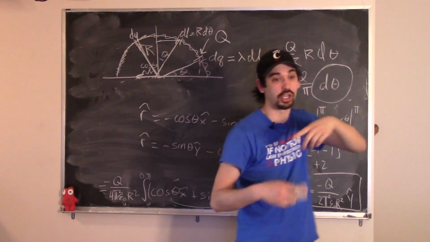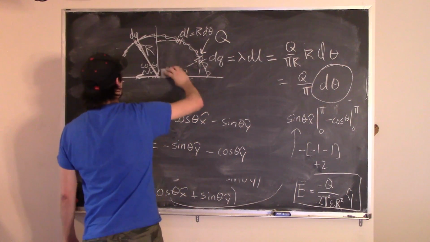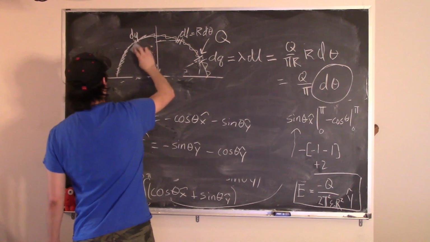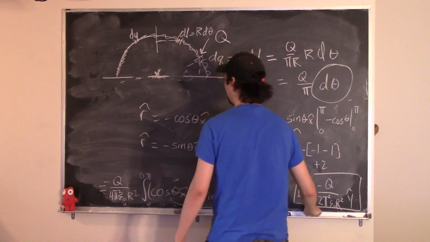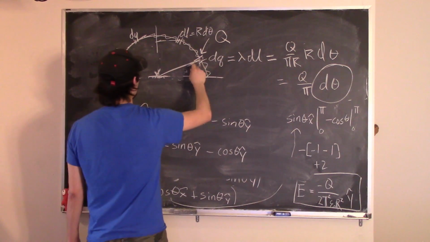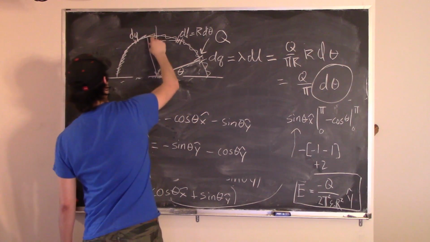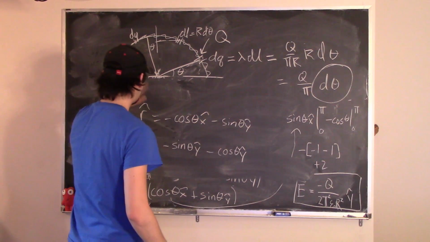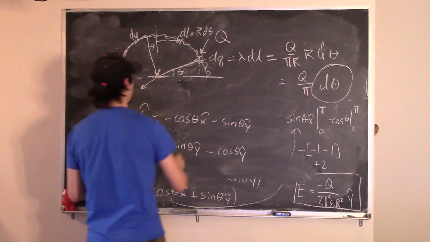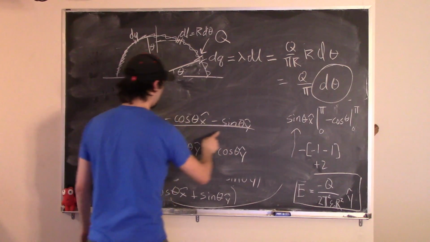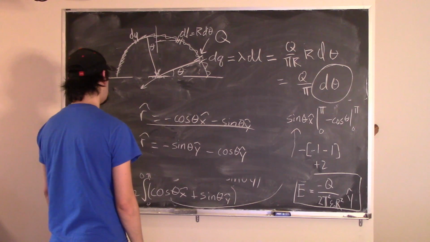You could just do one integral over the entire interval. But if for whatever reason you decide, well, I want to define these angles a little bit differently, and that gives me some different r hats. So let's say that I define this angle here and I define this angle here. For this portion, the first r hat is going to point like this, and this is identically this. The second one is going to be